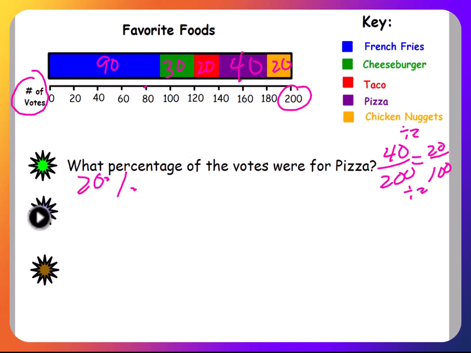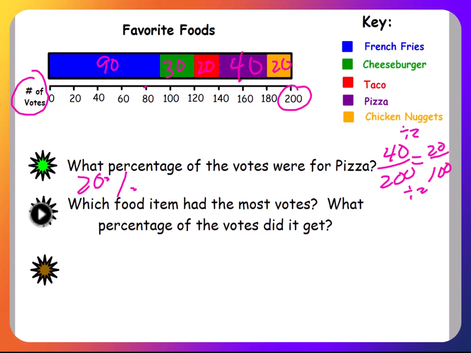Okay, next question. Which food item had the most votes? Well, that one is pretty easy. Which one covers the most on the bar graph? It would be French fries. It has the longest, right? Which is 90. So what percent is that? 90 out of 200. Again, divide it by 2 to turn it into 100, and you get 45. So that would be 45%. And lastly,